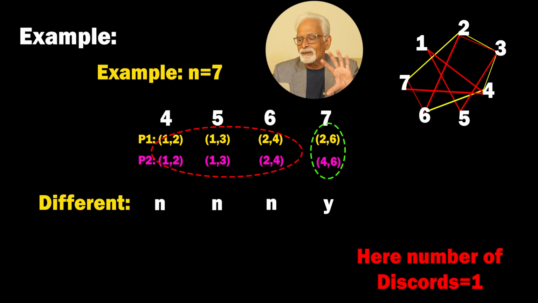Okay, so we don't have to consider the other things because they are the same. Now, since there is only one discard, we can conclude they are adjacent. Okay, so this is a very simple result, and it helps us to identify when they are adjacent. Okay, now